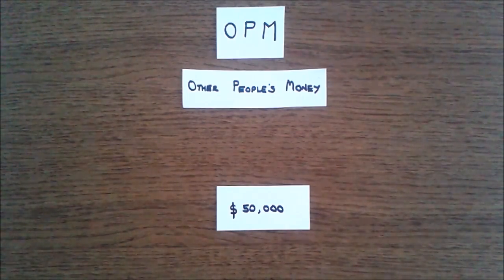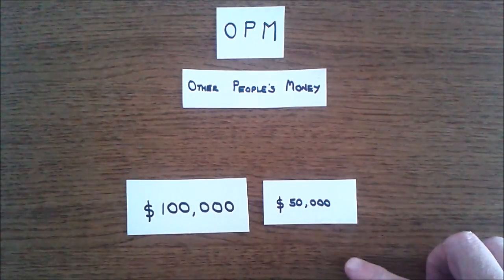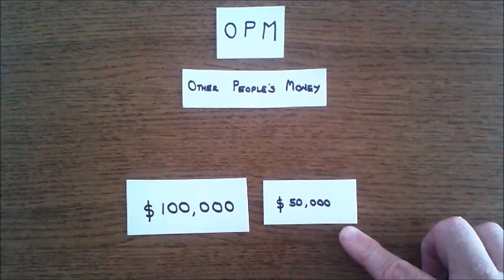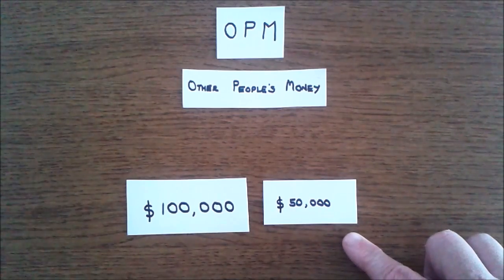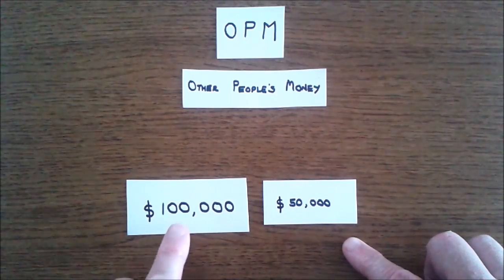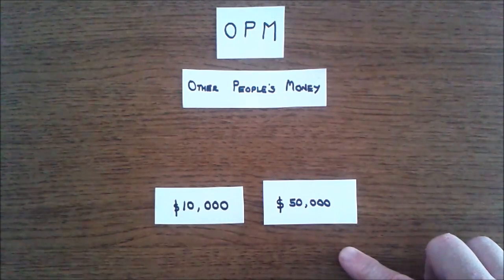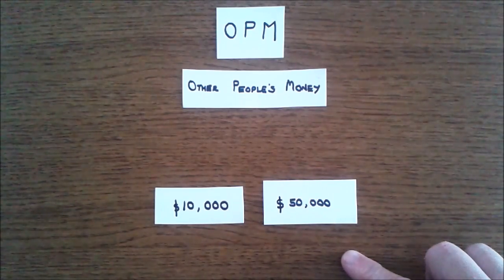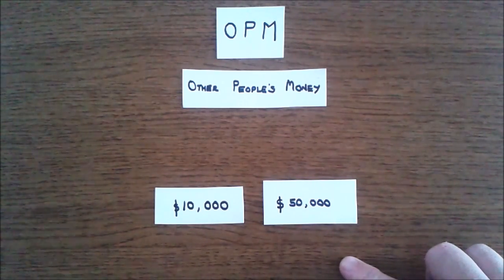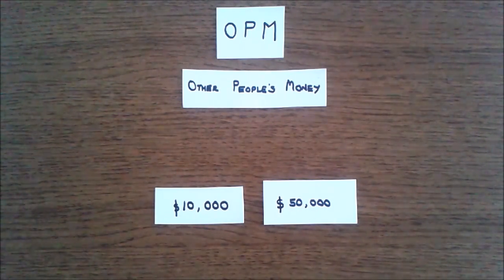Looking at how good the investment is, if you'd have spent $100,000 buying the house outright and then made $50,000 when you sold it, you've made 50% profit, which is quite good. But if you got a mortgage and only spent $10,000 of your own money, making $50,000 from $10,000 is phenomenal. It's 10 times as much. So the idea is using other people's money really is the way to go.